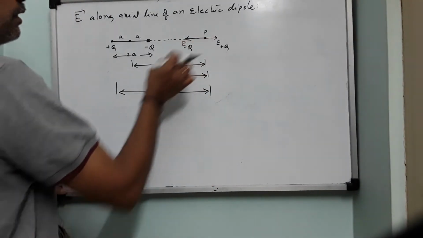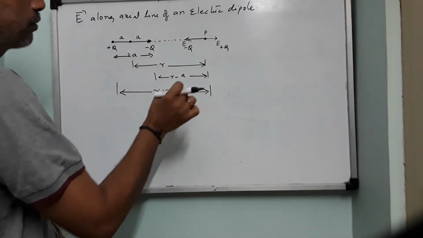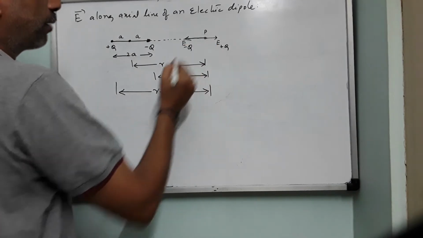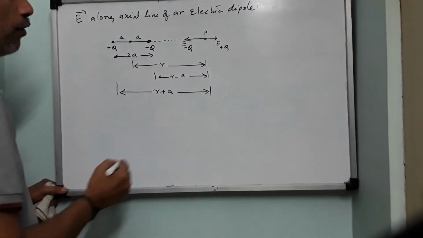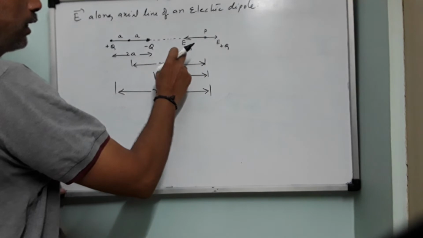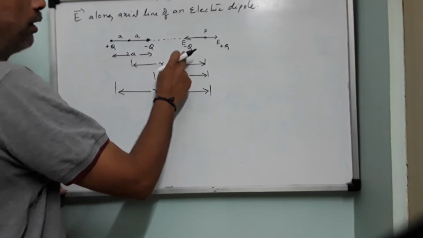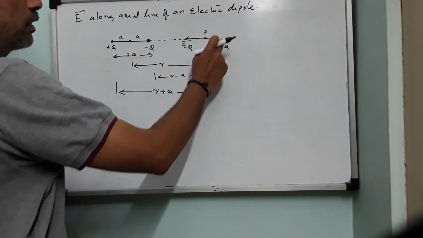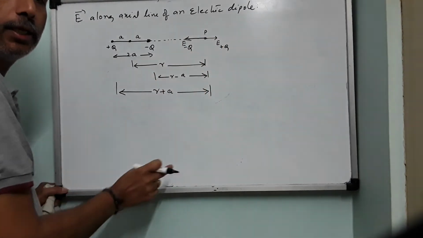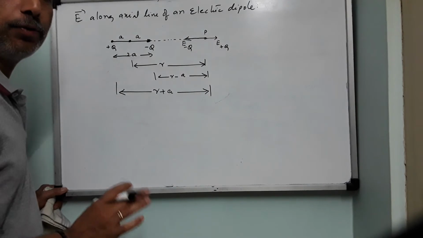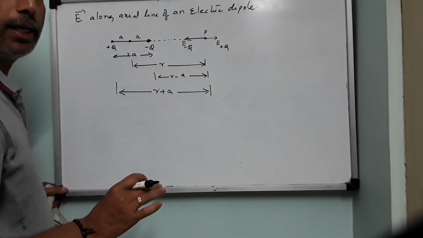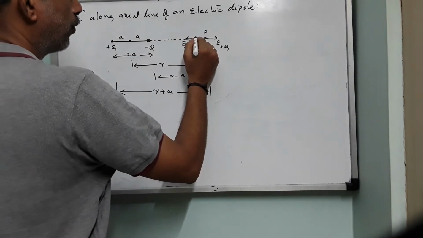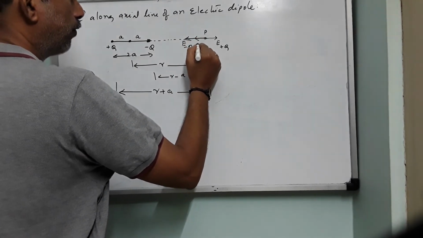Compare the lengths of the vectors. E plus q is smaller than E minus q. Now, two electric fields are acting simultaneously at point P. Therefore, the net of this, suppose this is a 10 Newton per Coulomb electric field and this is a 5 Newton per Coulomb electric field. 10 minus 5, because they are acting in the opposite direction, will be 5 Newton per Coulomb, and it will be directed in the direction of the bigger vector. So this is the bigger vector, therefore the net electric field will be like this.